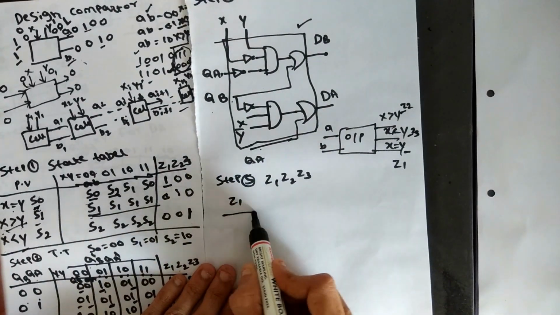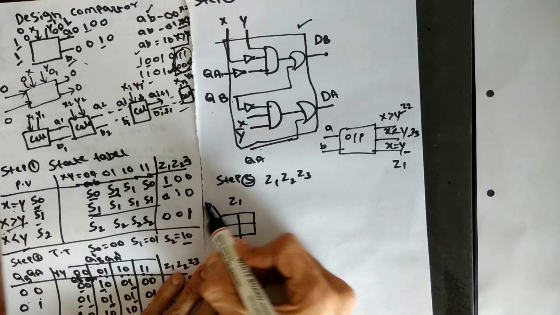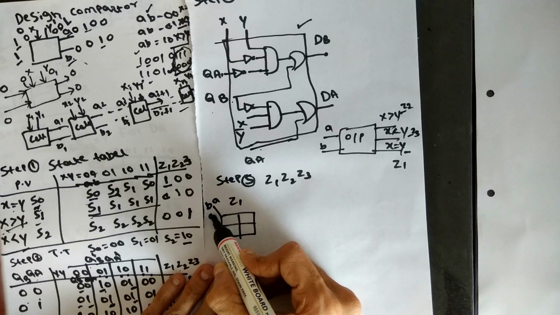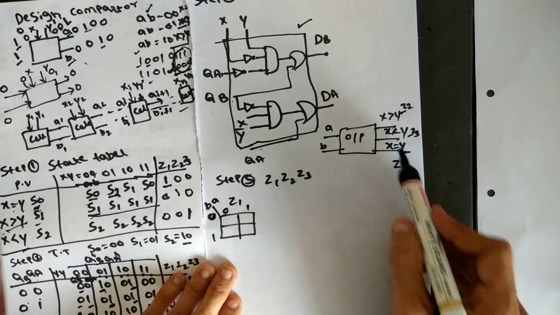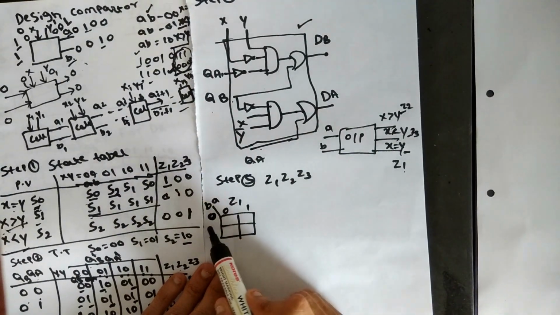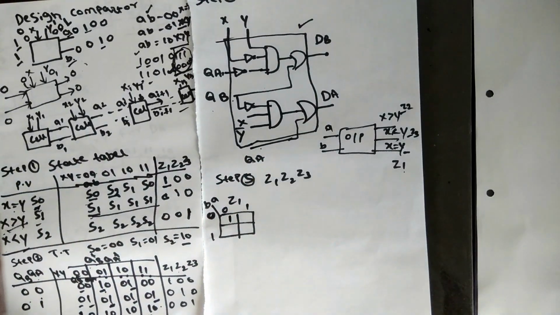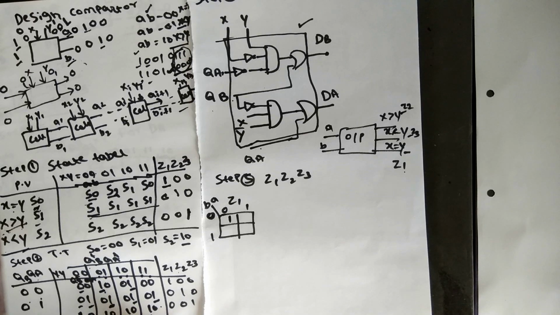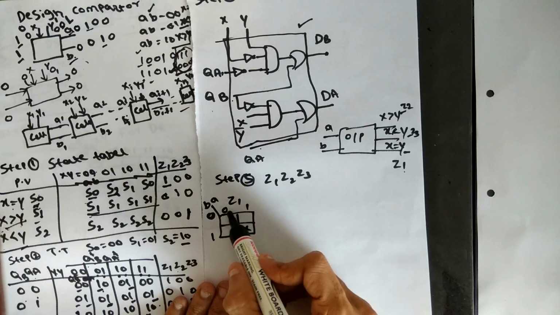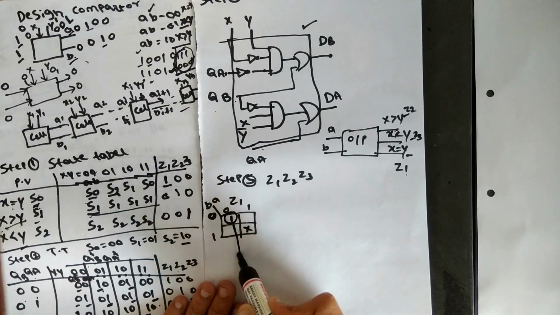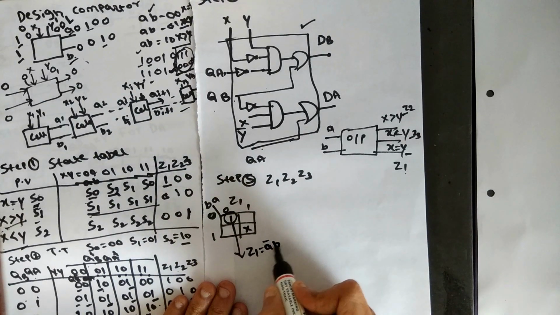So Z1, if you take it as a K-map, the simple way, you can take 0 or 1. Here we can take the B value, here we can take the A value. So 0, 1, this is 0, 1. So Z1 is nothing but X equal to Y. That means in the 0, 0 condition it is high, and the 1, 1 condition is anyway not there, so we can treat that one as a don't care. So it is in the 0, 0 condition. Take this portion, here it is nothing but both are bar. So Z1 is equal to A bar, B bar.